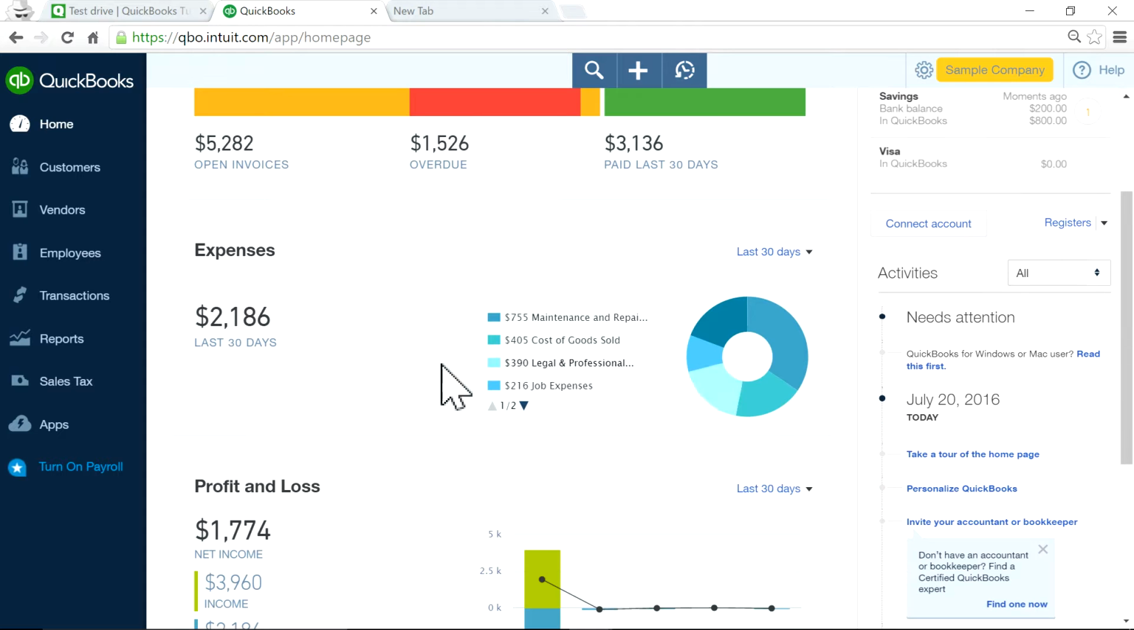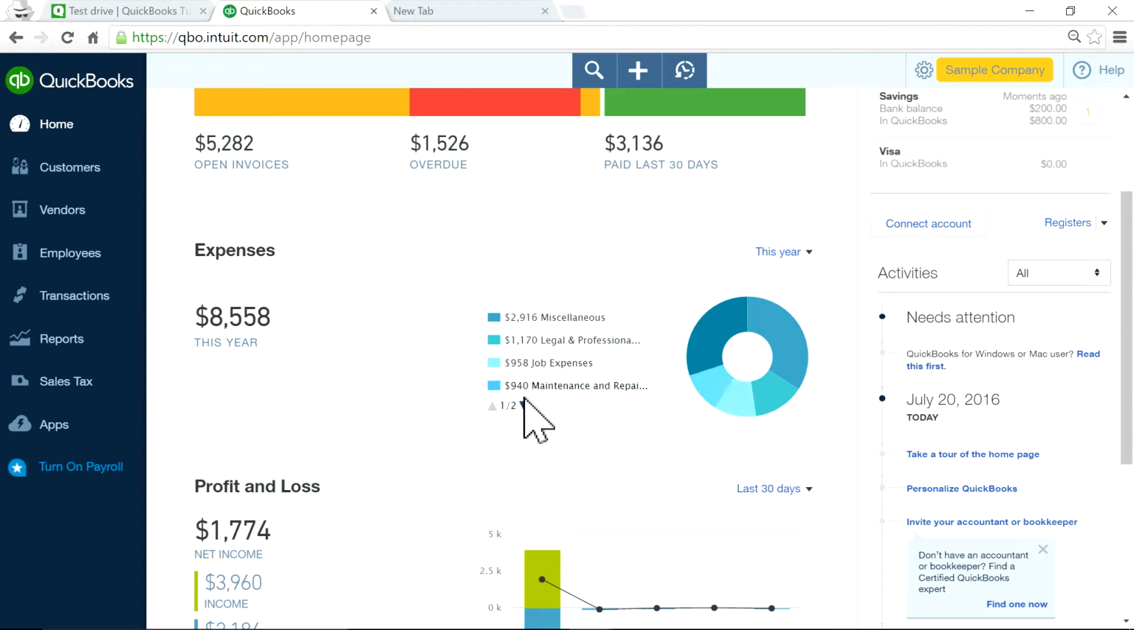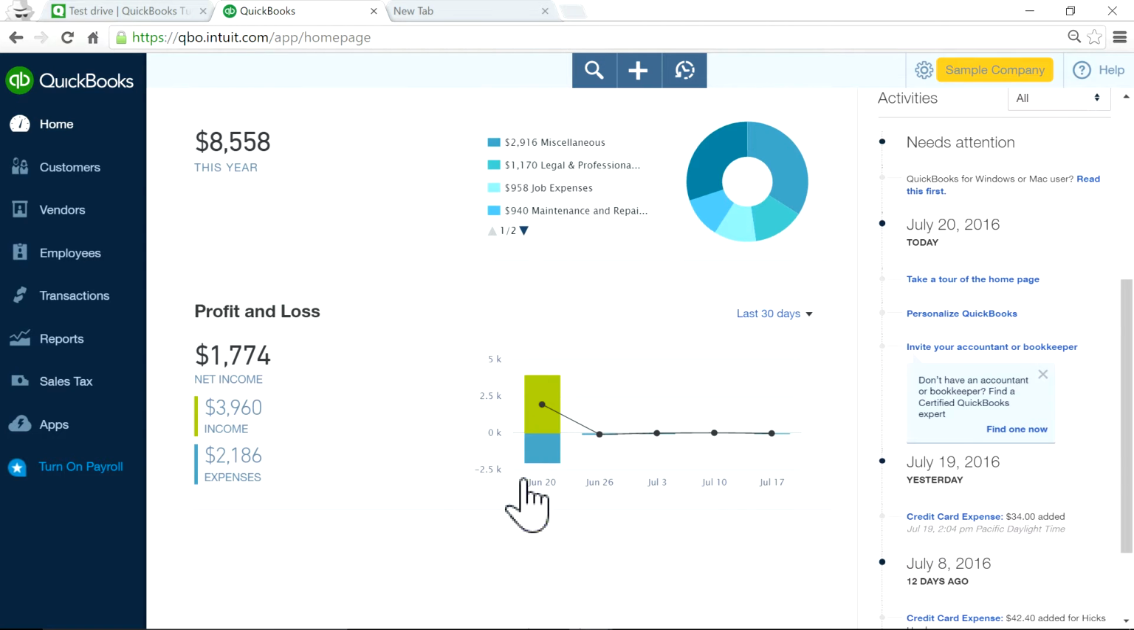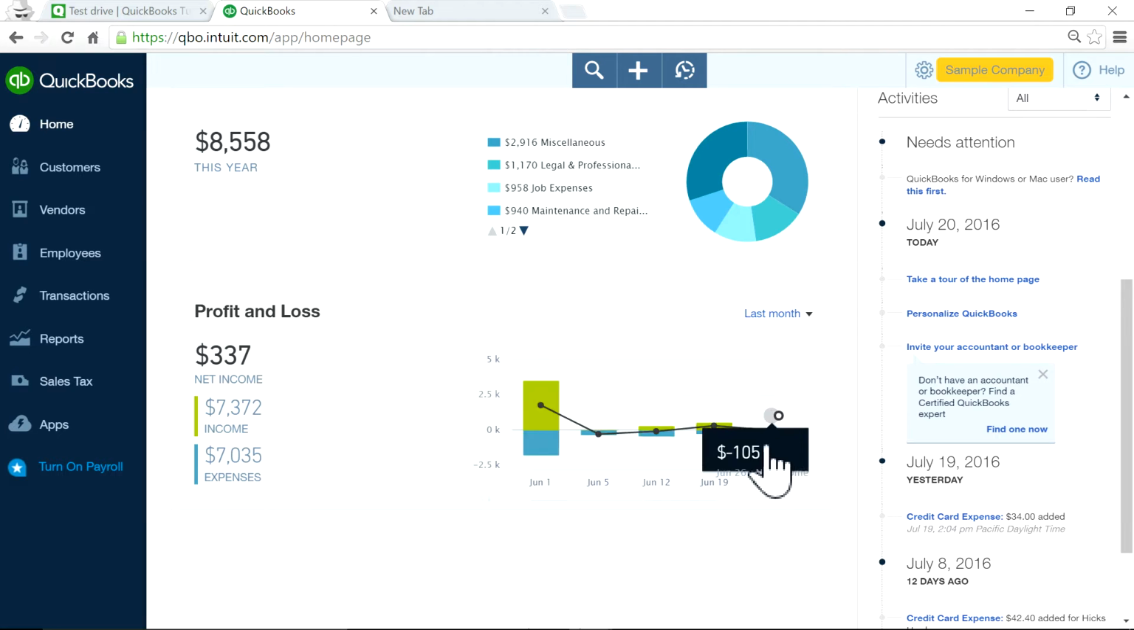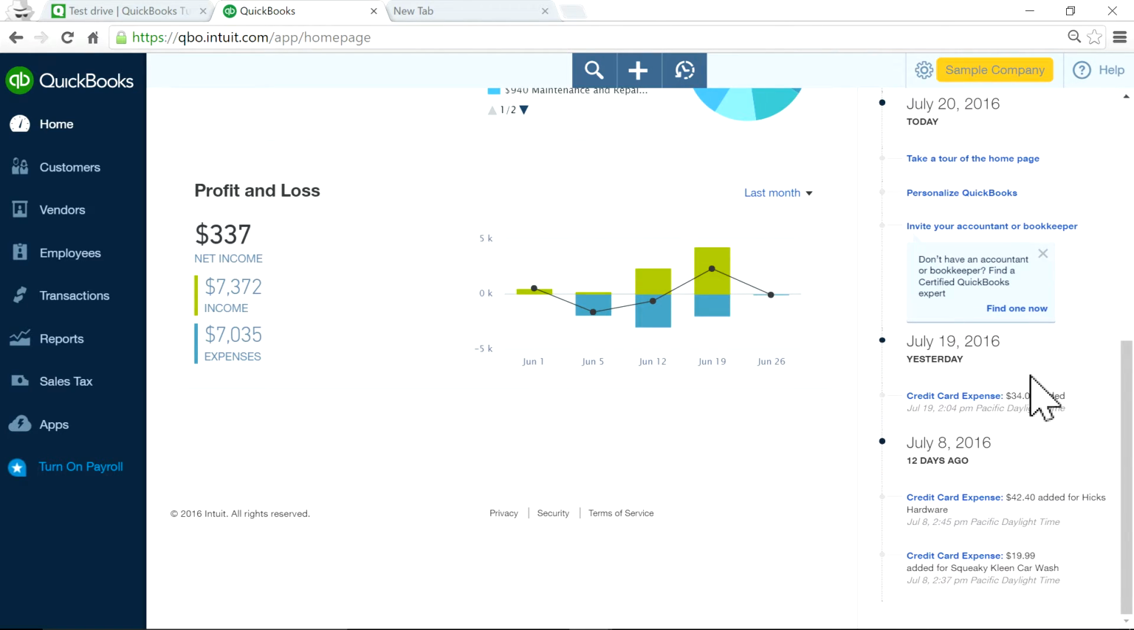last 30 days. And then you have expenses. This one you can change it. Let's say you want for this year, then just change it. So it'll give you a breakdown, a little graph in here. And then the profit and loss, you can switch, last month will give you a graph, will give you profit, income, and expenses breakdown, and a little graph in here, like this. Okay. So, and then on the right side, it also gives you recent